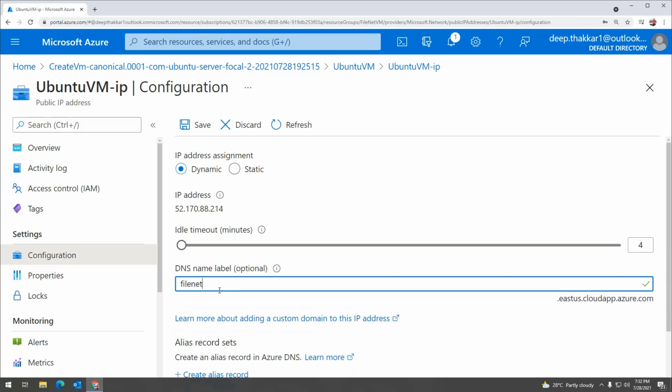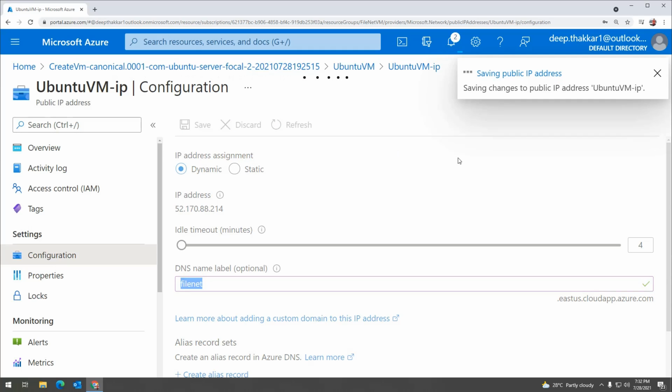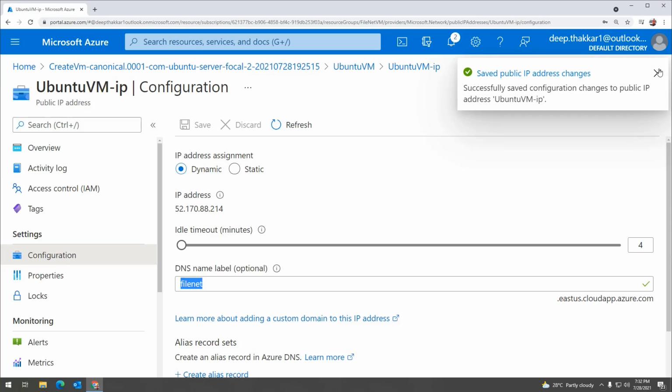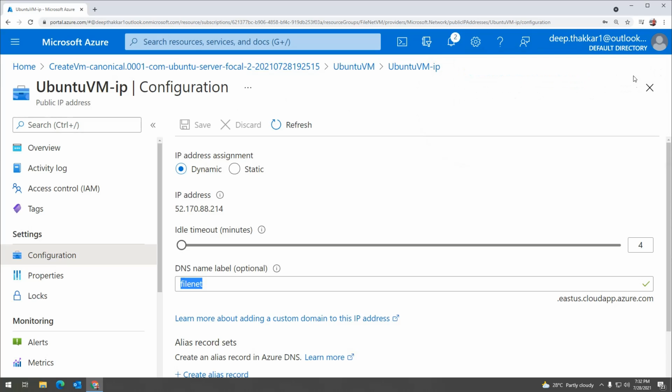When I give filenet, it is accepting, and the URL will be filenet.eastus.cloudapp.azure.com. I should click on save, and the IP address changes are saved.